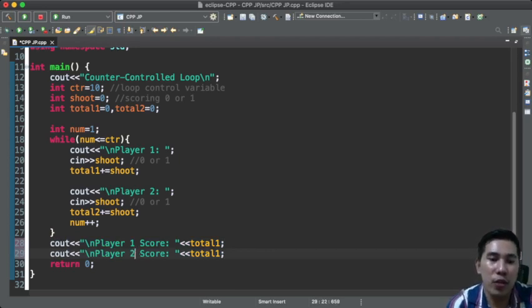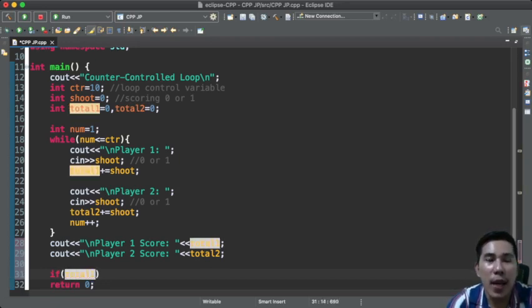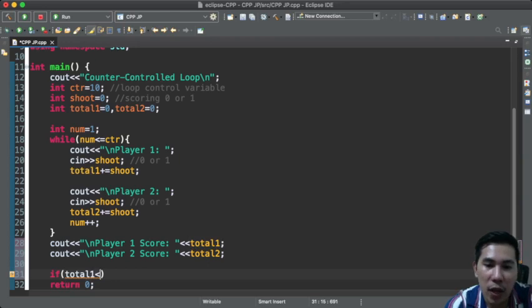And then we can put conditions. If total 1, which is player 1, we can also just use total 1 instead of player 1. So if total 1 is equal to total 2,